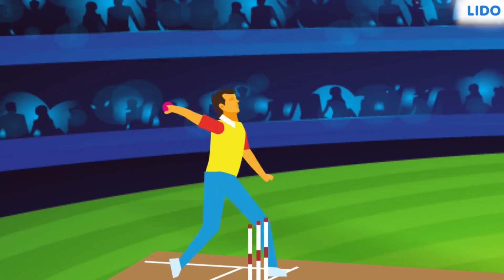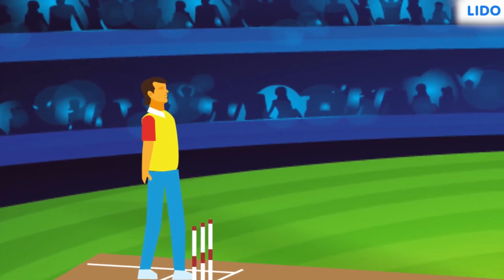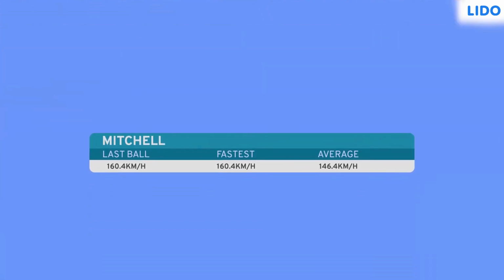It's an exciting match and the bowler is bowling some real quick deliveries. Let us check out what is happening on the pitch. Oh, look at his bowling pace. His last delivery clocked 160 km per hour. He has an average bowling speed of